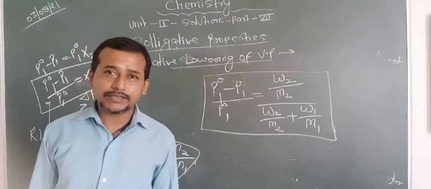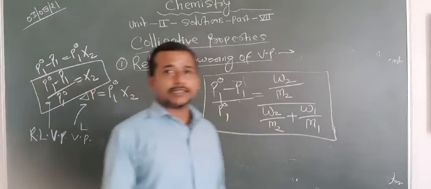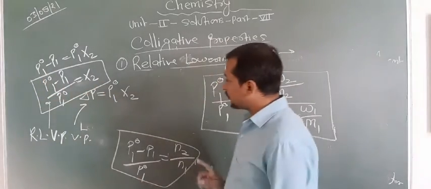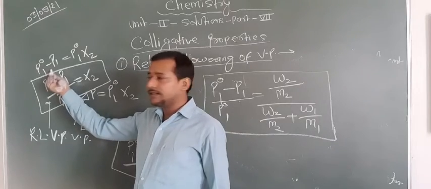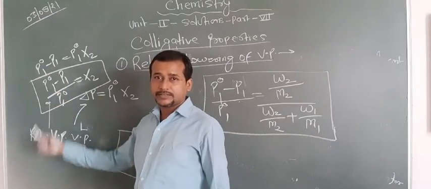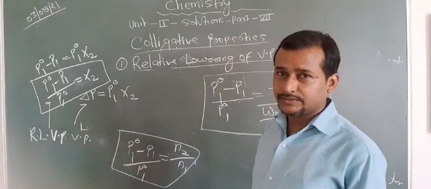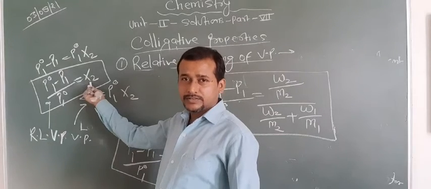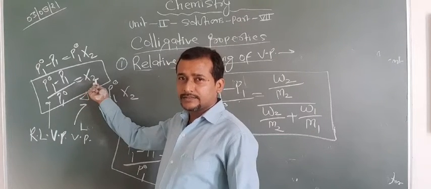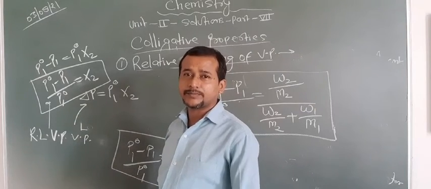Are you getting this point or not? So these are the basic things regarding the colligative property. One thing you have to focus on: this is the lowering of vapor pressure and this is the relative lowering of vapor pressure. So one time this type of question is asked to find the relative lowering of vapor pressure. In that condition, you only have to find the x2. So this is basically related directly to relative lowering of vapor pressure.